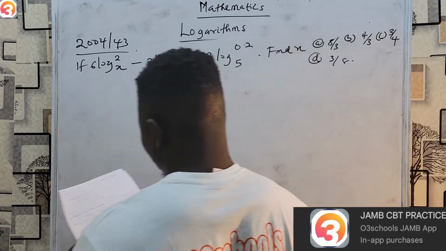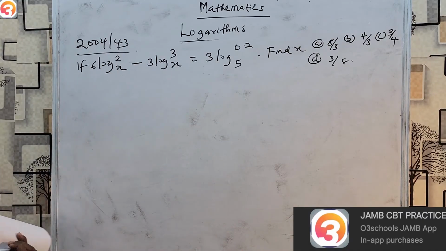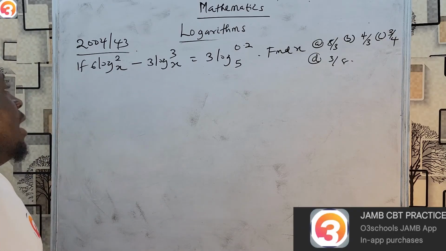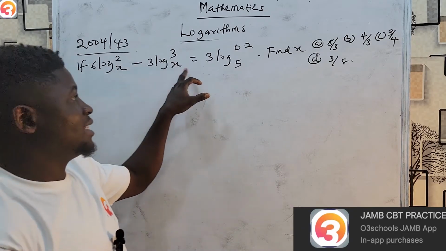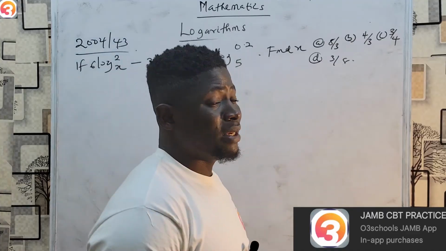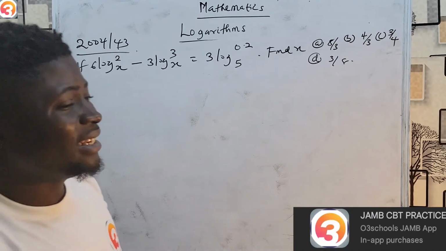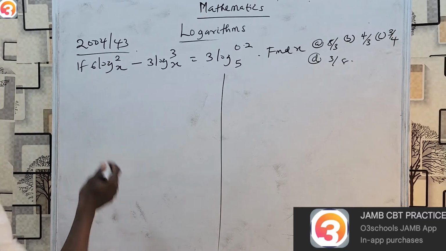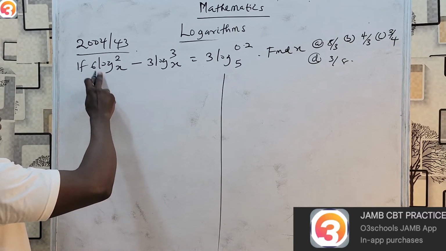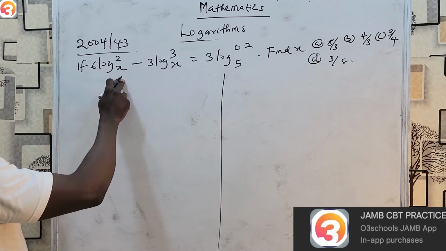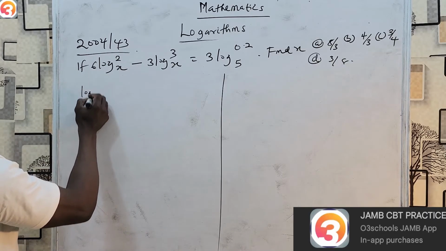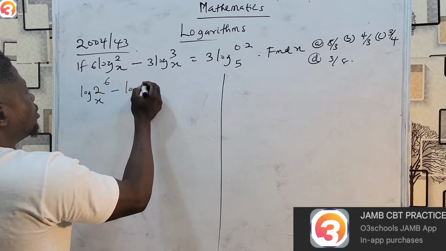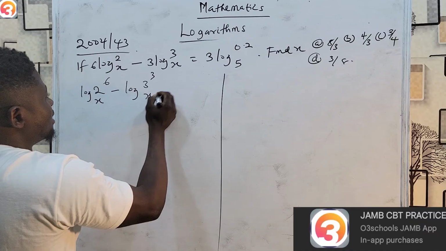All right, so we're told that if 6 log 2 base x minus 3 log 3 base x equals 3 log 0.2 base 5, find x. So it's as simple as ABC also. Work with me gently. We already know that this will mean log 2 raised to power 6 base x, right? We're going to have log 2 raised to power 6 base x minus log 3 raised to power 3 base x is equal to